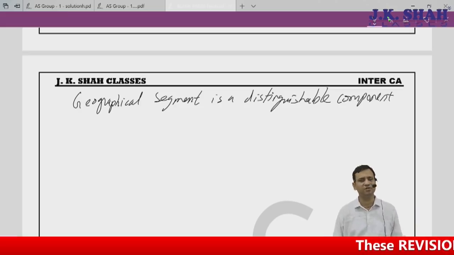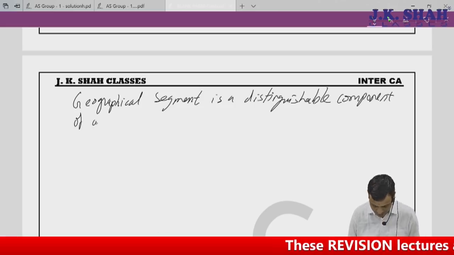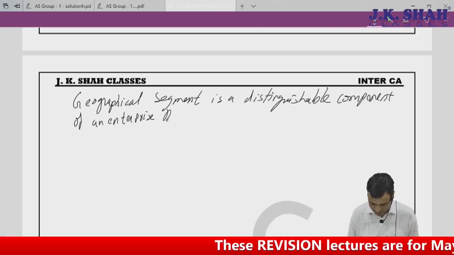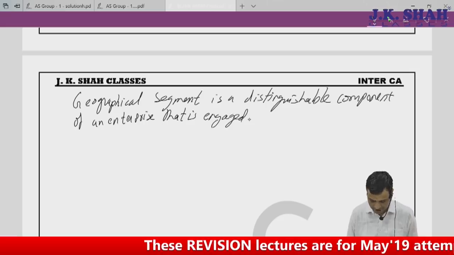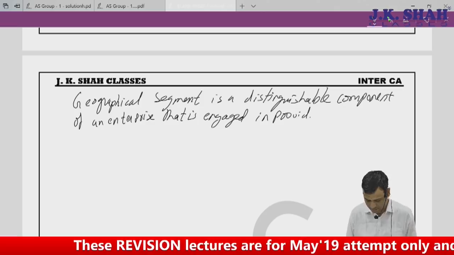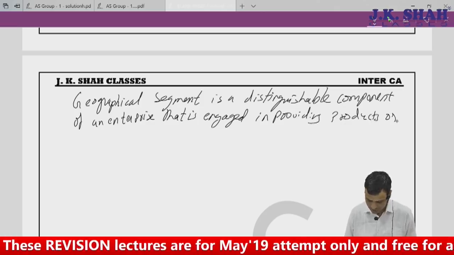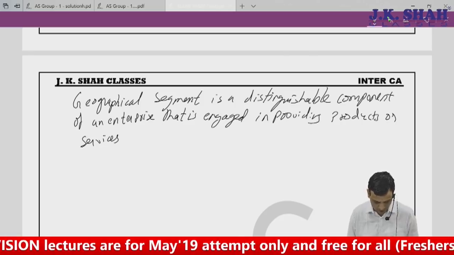It may be a division, anything it may be. It's a component of an enterprise that is engaged in providing products or services, don't say relatable, that will also come, products or services